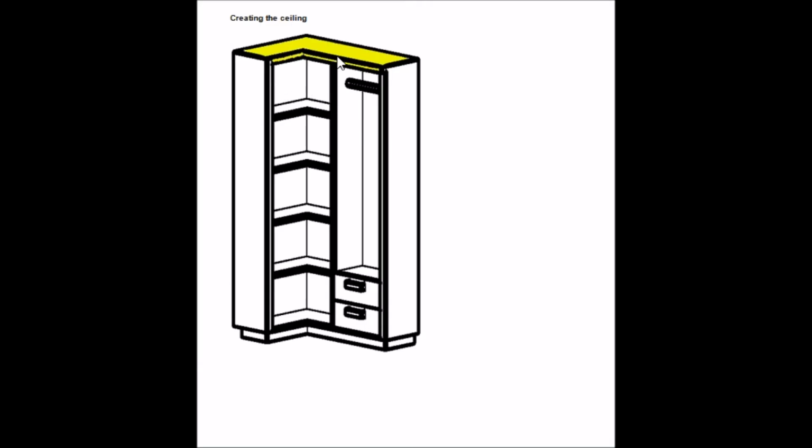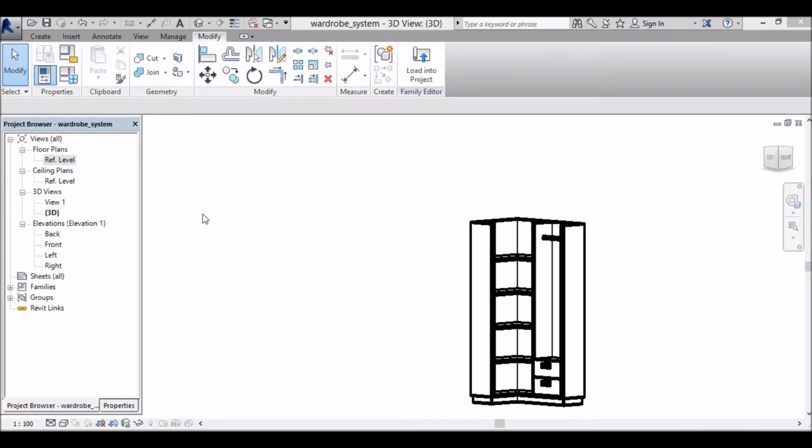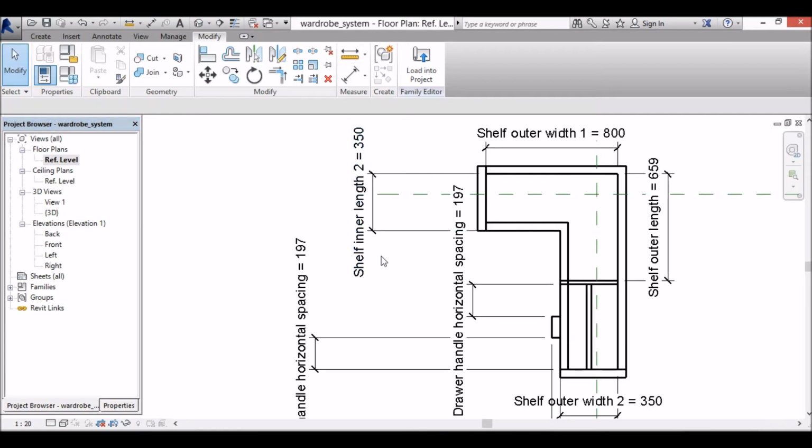So we're going to create the ceiling, and it just sits on the outer walls. It's that L shape again, and it just follows the line of the outer walls through there and is filled in through here. I'm just going to quickly do this because we've gone through the workflow so many times now. It should be really familiar. So reference level,